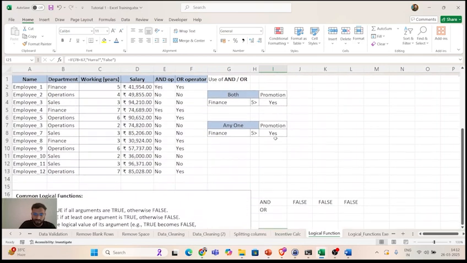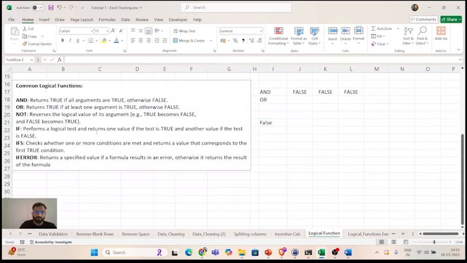We will see more examples right here, guys. Don't worry. But yeah, I hope you are able to understand this. Similarly, we will see IFS and IFERROR. Whenever we have to use an IF inside another IF, with multiple checks, then we will use IFS. And IFERROR, okay, let us explore that as well.